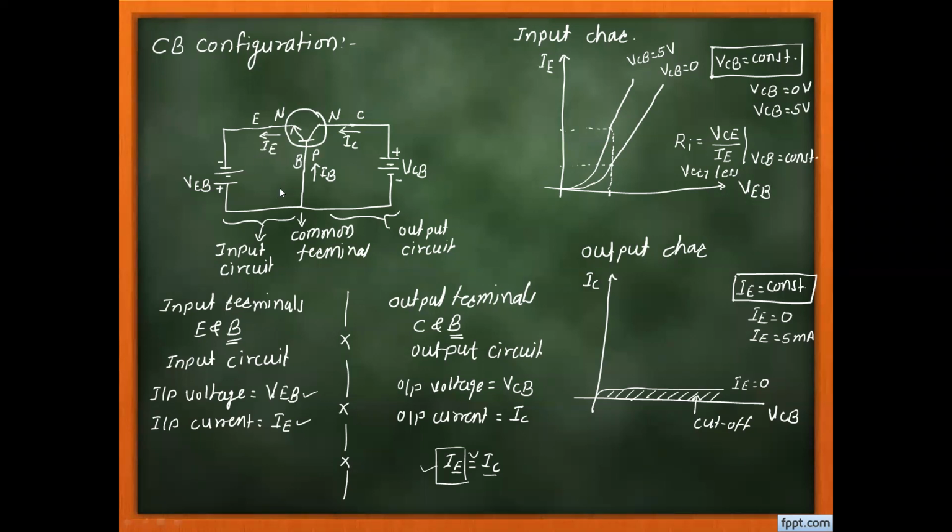It means that the input circuit now acts in forward bias, and the collector to base is already connected in reverse bias. Now we say that the transistor is operated in the active region, and we know that the collector current is the reverse bias current. It does not depend upon the reverse bias voltage VCB, but it depends upon IE. It means that if IE is equal to 5 milliampere, by neglecting the base current, the collector current is also approximately equal to 5 milliampere because the base current is very small.